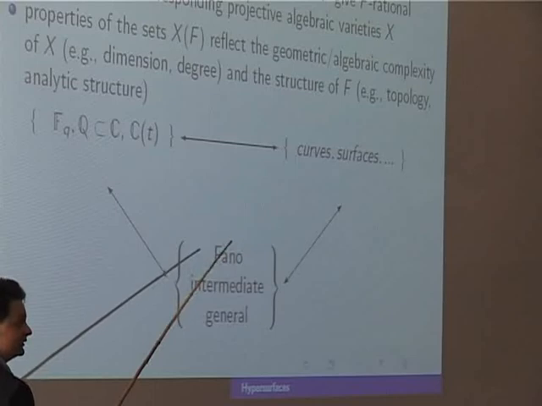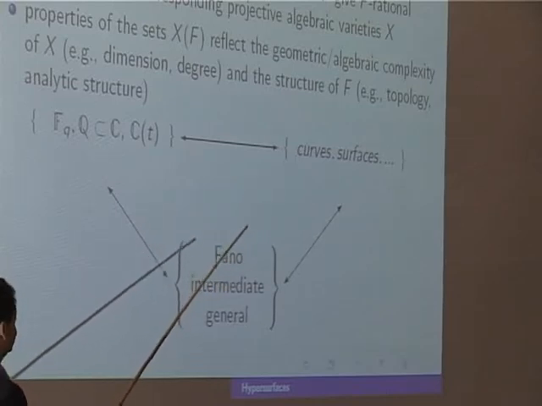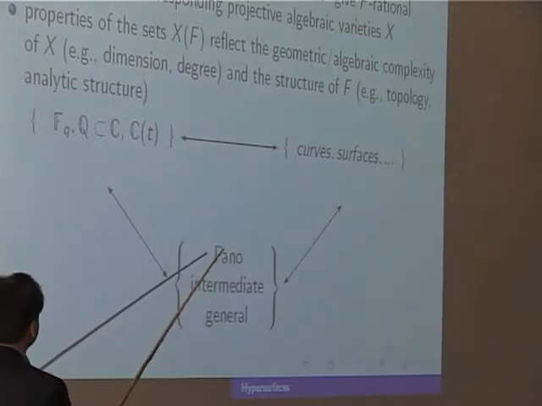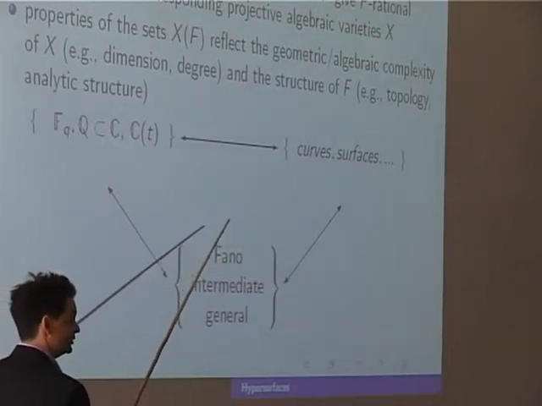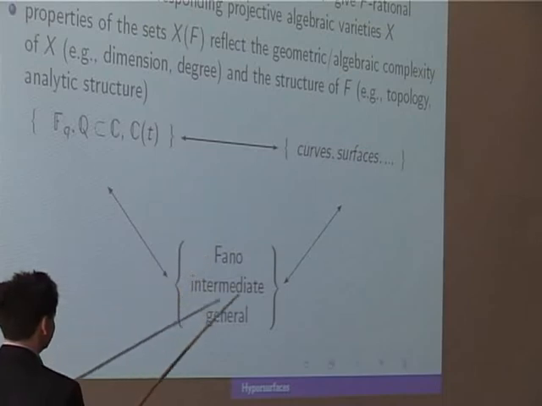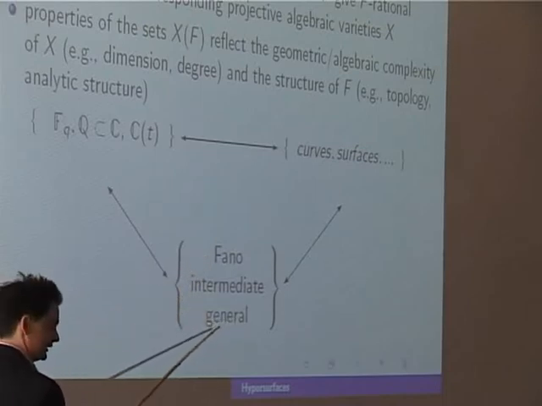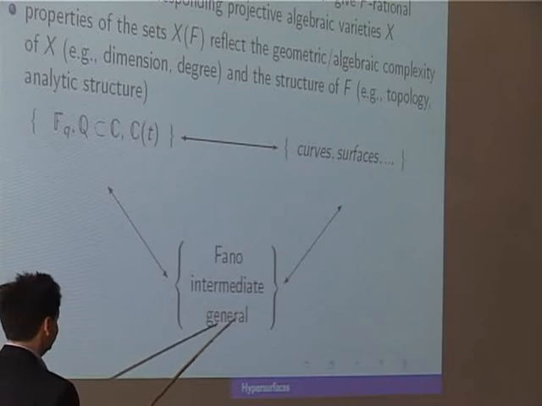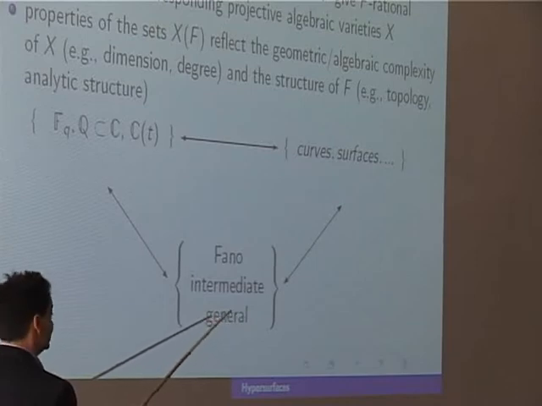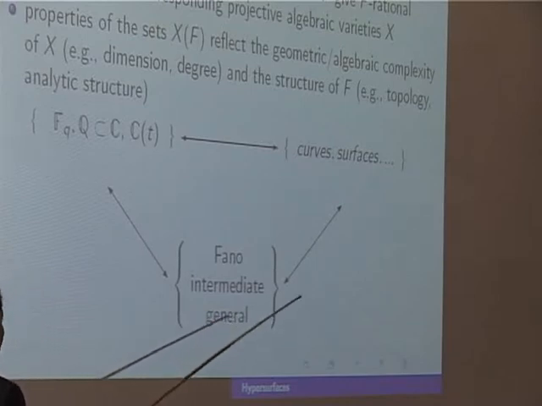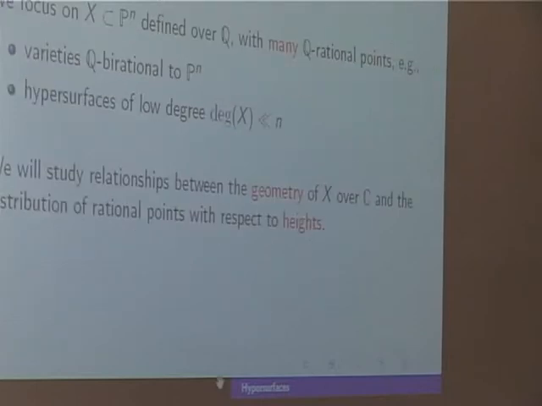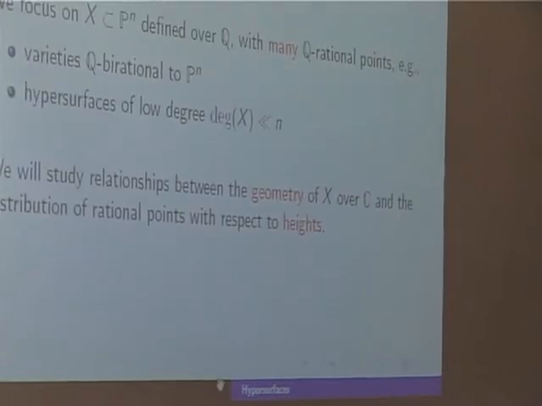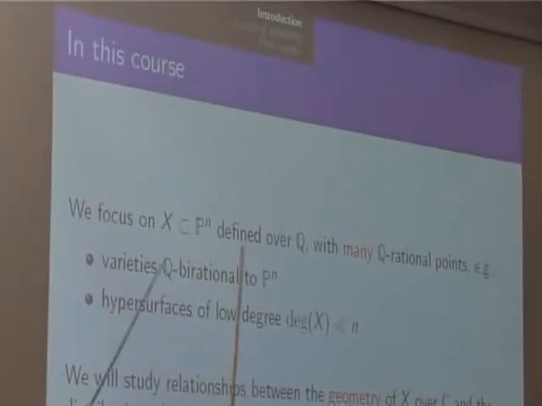And then the thing which comes out of our heuristic is, well, should we look at equations in many variables of small degrees? So that will be the Fano case. Should we look at equations of high degree in few variables, so n plus 1 minus d negative? That would be the case of varieties of general type. Or should we look at the intermediate cases and see what happens? So that's a picture. And what we'll do in this course, we'll focus on varieties defined over the rationals, so